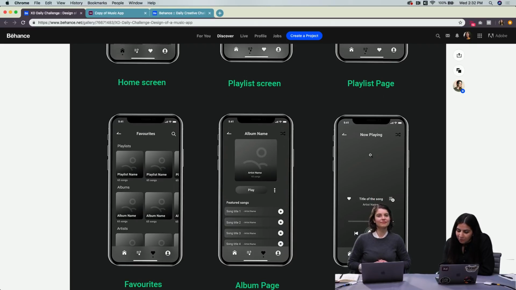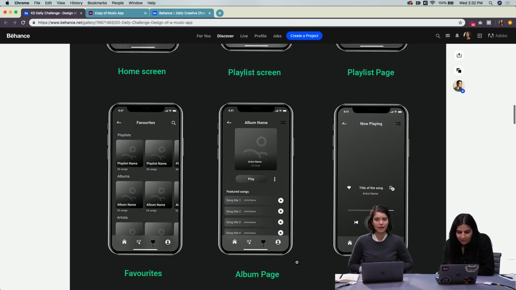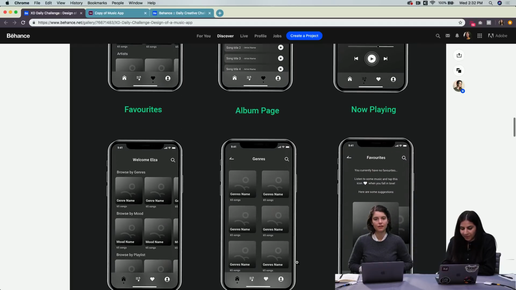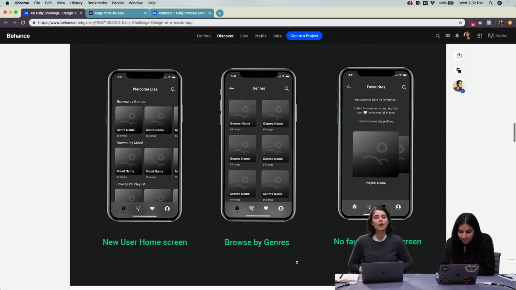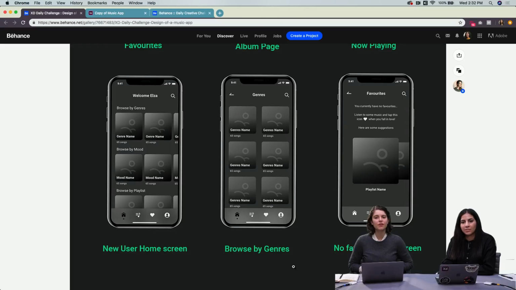And then the full view of the song. I also like how you pointed out what screen you're on by changing the color. So the heart is black, so you're on this screen. Yeah. Thank you. Oh, so this is different ways of sorting the music. Yeah. So home screen, genres, favorites. I like how you did the stacked look, so you can swipe through your favorites. Yeah. Very good.